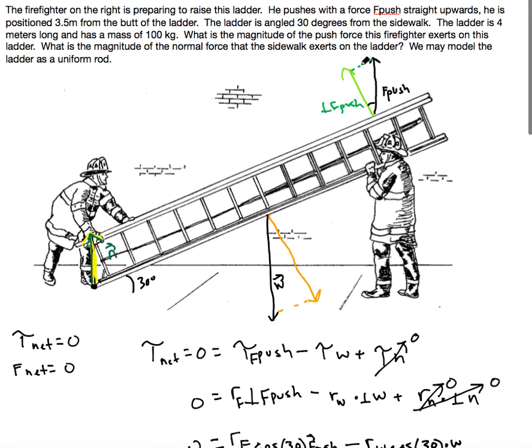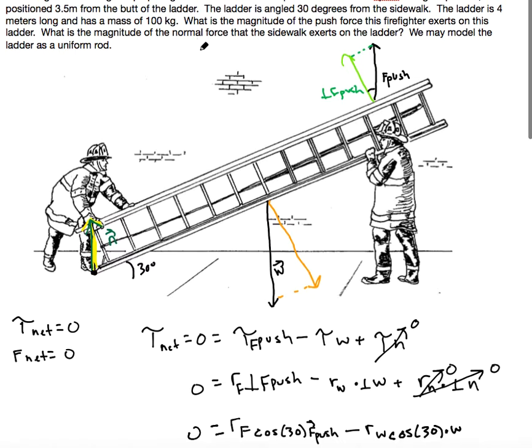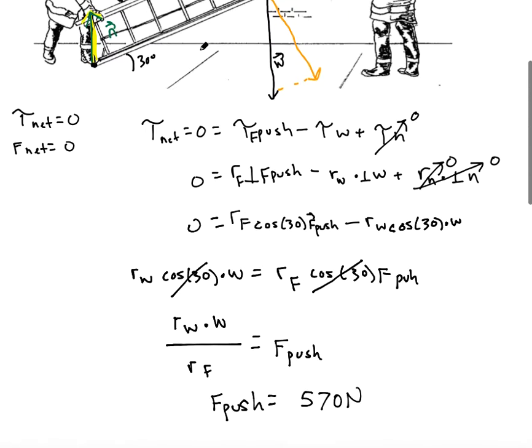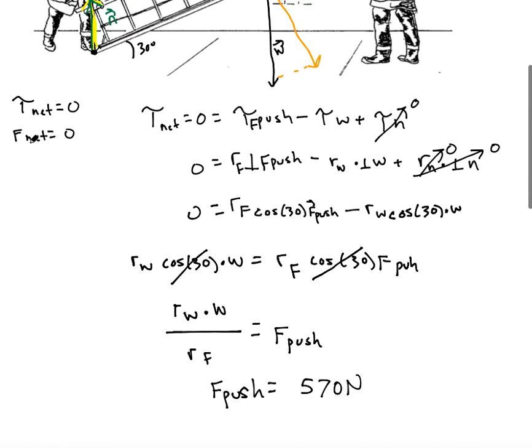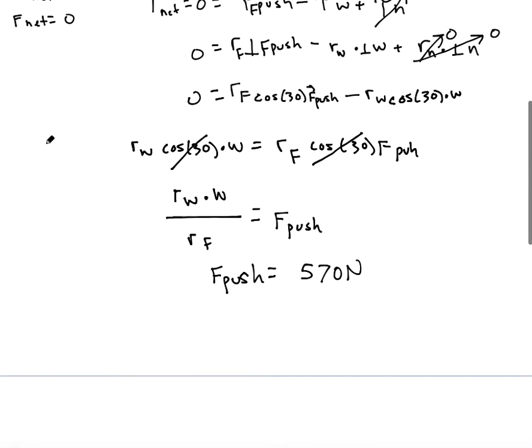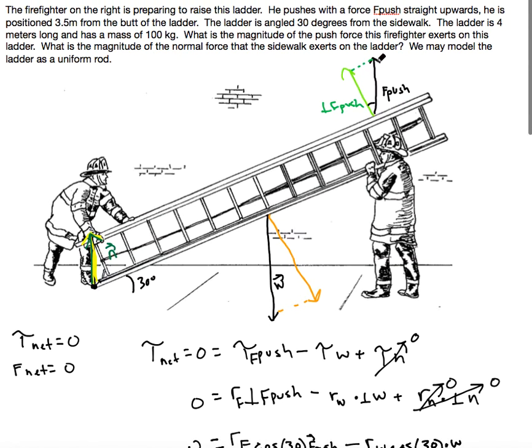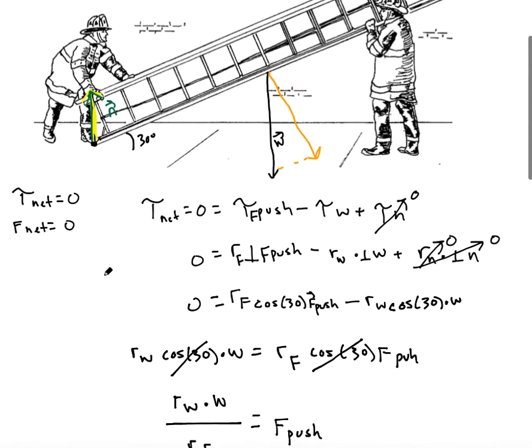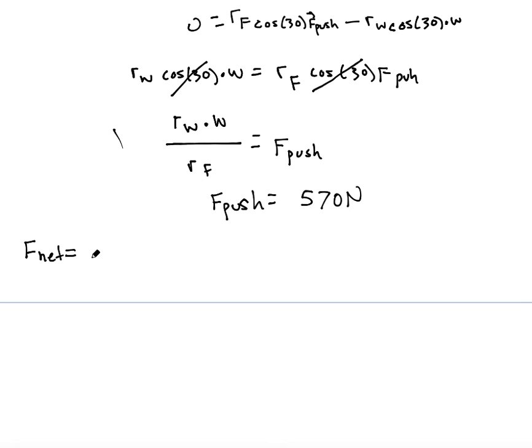Okay, so we've solved the first part of the problem, but now we want to know what is the magnitude of the normal force that the sidewalk exerts on the ladder. So we can look back here when we made our claims about equilibrium. We see that F net is equal to 0. So if F net is equal to 0, then the sum of the forces in the x and y directions must be equal to 0. In this case, we're really just concerned with forces that are in the y direction. So we can say F net equals 0